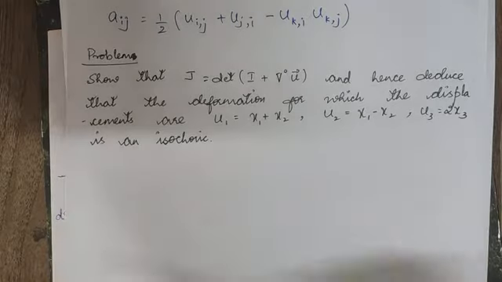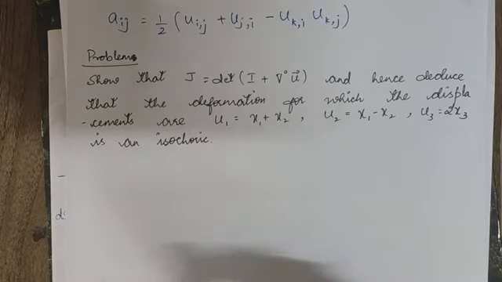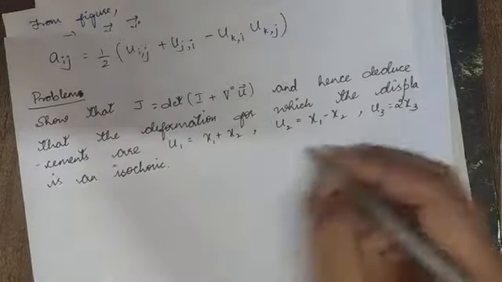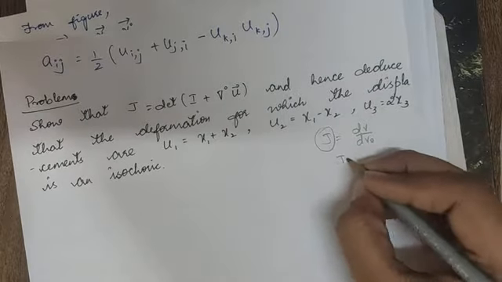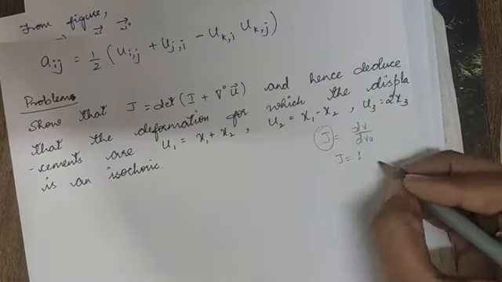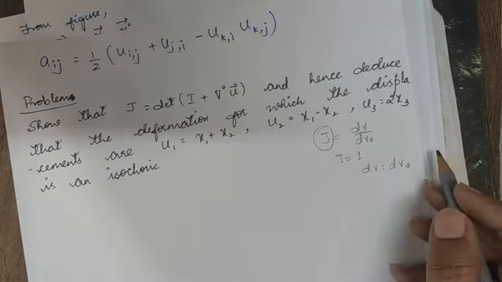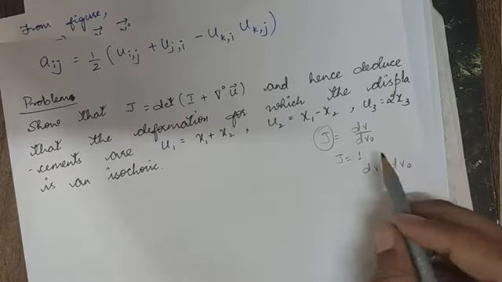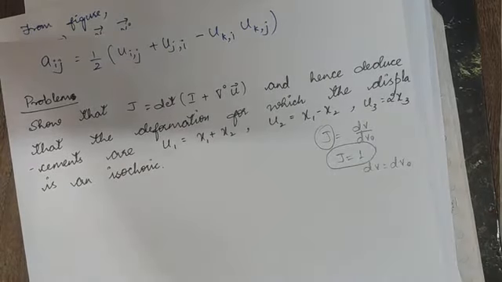So first let us remember the definition of isochoric. That is, comparing after deformation and before deformation, if your body undergoes deformation, there should be no change in volume. Correct? We have seen that condition. J is equal to dV by dV naught. If J, that is the determinant, is equal to 1, what will happen? dV is equal to dV naught. That means after deformation and in the initial condition, if you compare those two, there will be no change in volume. So we have to prove J is equal to 1.